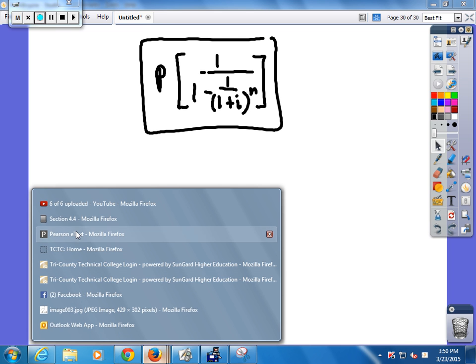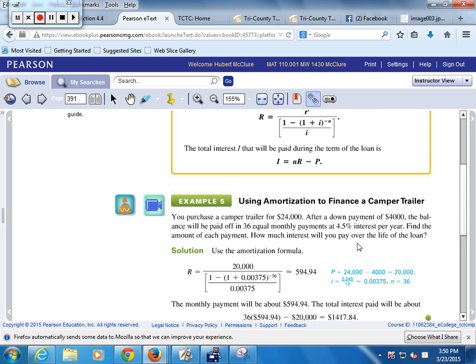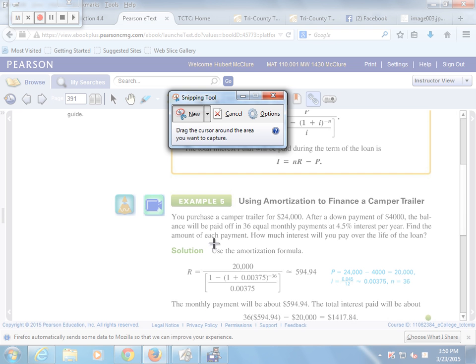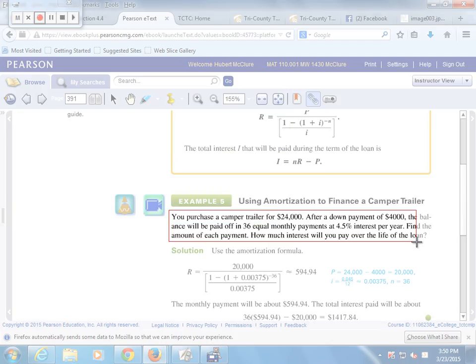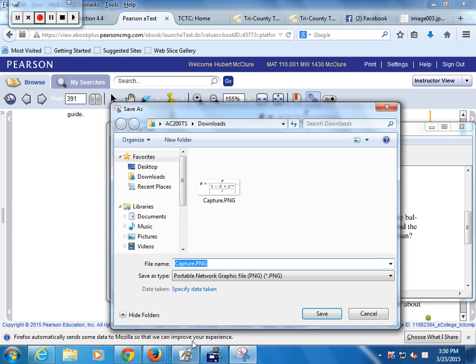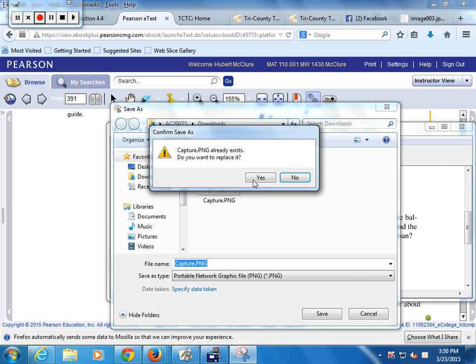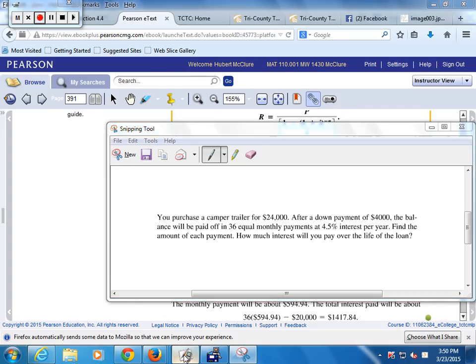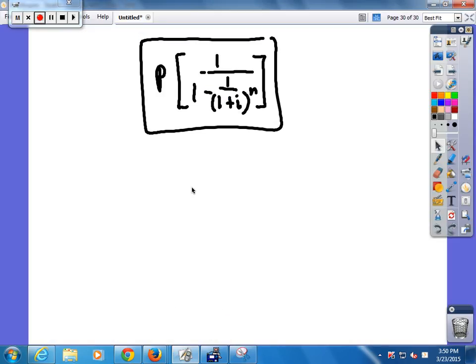Let me find it. Let's take this snip. Okay, so